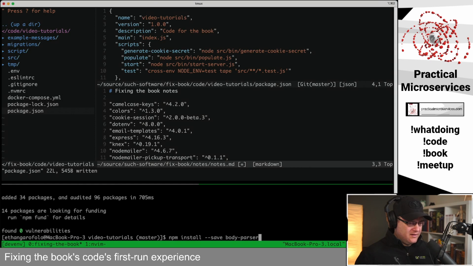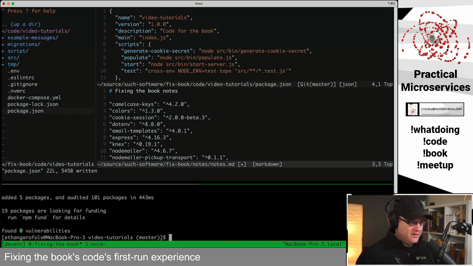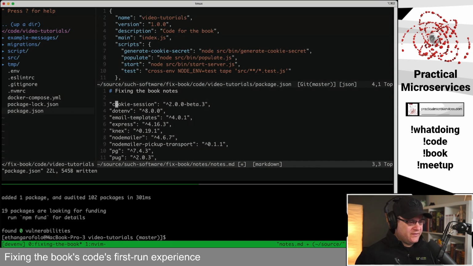Got camel case keys. I think this is the one that is causing all the grief. In saying that, I'm not saying it's a bad package. It's just it made a decision to go with ES modules, and it's not a bad decision. It's just not what I want to have in the project anymore. So, okay, we got colors. We have cookie session. The sad part is,